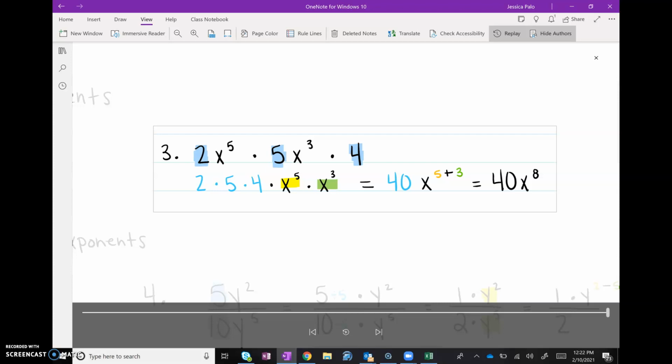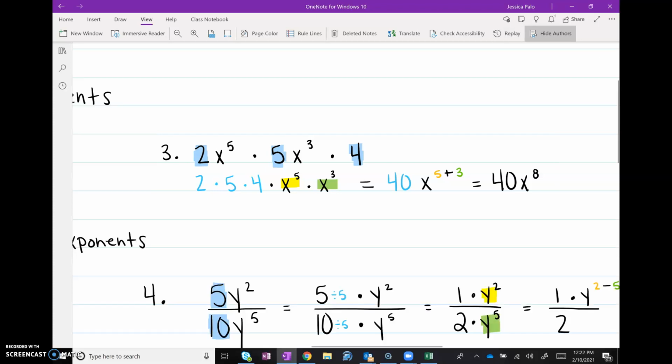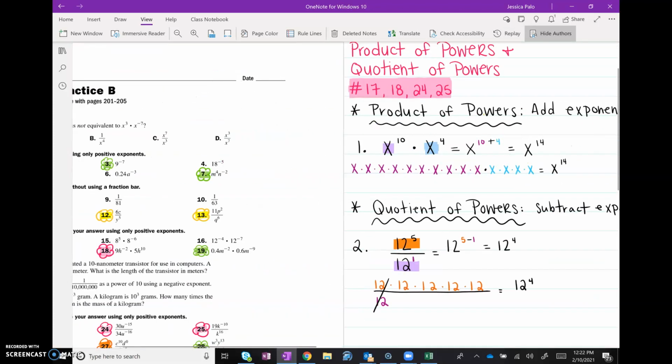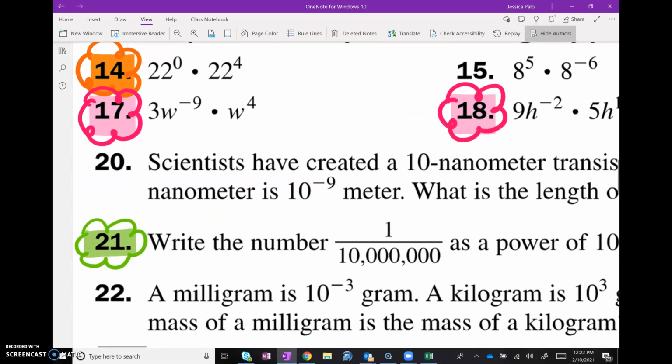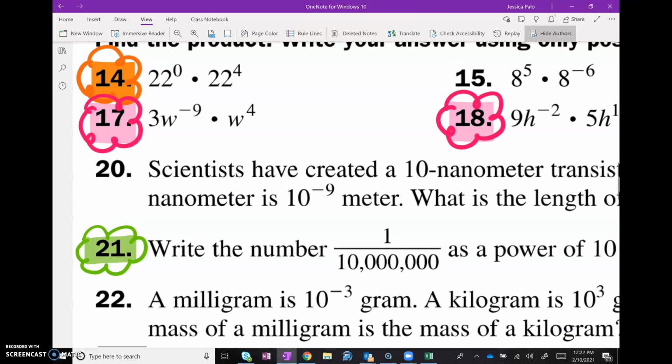You had to do 2 problems to practice the product of powers property. So let's go over those 2 examples. You had to do number 17 and number 18. Starting with number 17. The first thing you need to do is identify your coefficients. Hey, you have a coefficient here. It's a 1, so it can be invisible, but it's still there. So let's write our coefficients first. So this equals